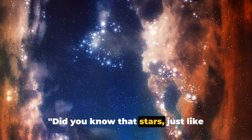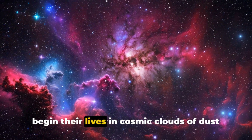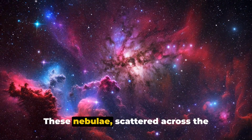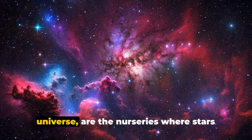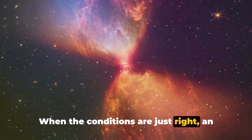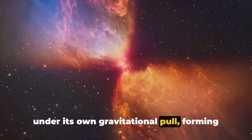Did you know that stars, just like living beings, have a life cycle? Stars begin their lives in cosmic clouds of dust and gas called nebulae. These nebulae, scattered across the universe, are the nurseries where stars are born. When the conditions are just right, an area in the nebula begins to collapse under its own gravitational pull, forming